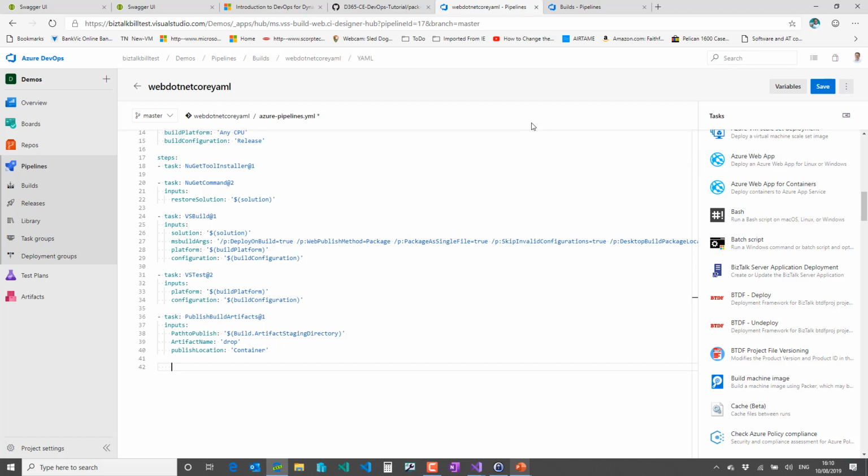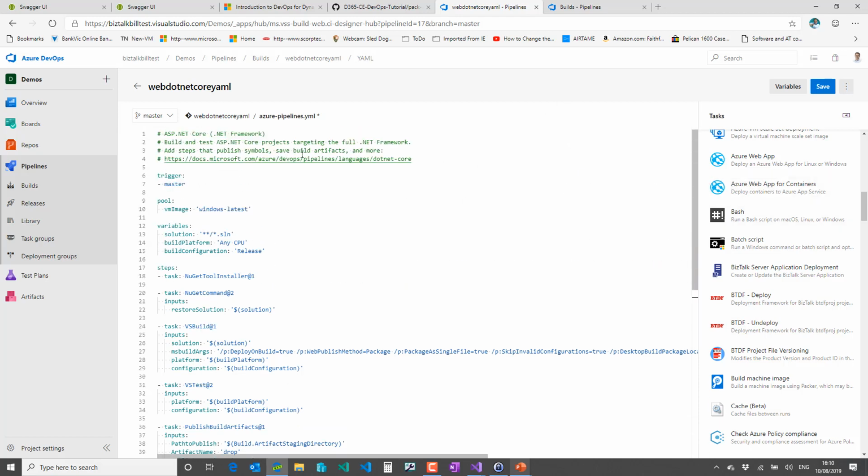Because a lot of people that are using YAML aren't actually doing a build separate from the release. They're putting it all together, so they don't really need to publish the artifacts in there. But again, that's basically a build, exactly the same steps as the other one's doing. So if we go look at that now,